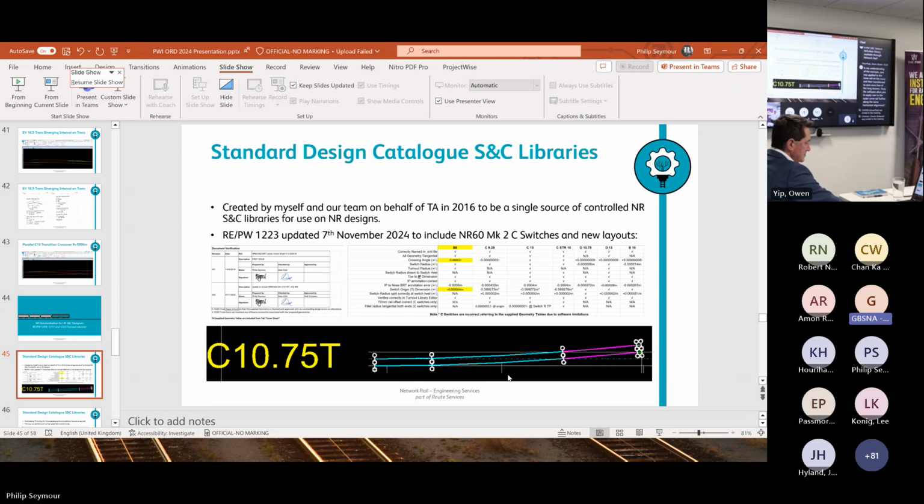The standard design catalogs were created by myself, Okan Oran, and Mark Kidd back in 2016. We use those as a single source of truth for designs for Network Rail. We've had a library since 2018 for our NR60 Mark II. They have had C switches internally, they've never been supplied externally. There were some software limitations that have been resolved in ORD 24. Early this month, we've updated the Mark II suite to include C switches completely, adding a B8, C10.75 and a H32 and something. And again, they've been reviewed by Mark and validated as part of our assurance to the technical